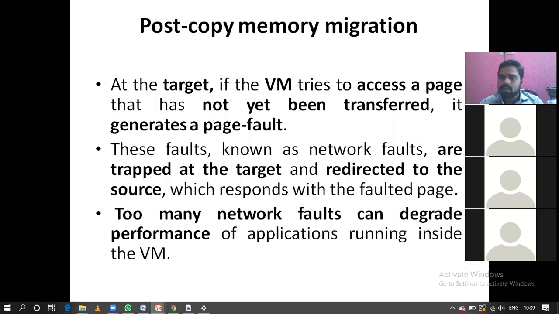We have to keep these page faults to a minimum. Otherwise this algorithm is not good performance-wise. Too many page faults will degrade the performance. Clear, guys? This is post copy memory migration.